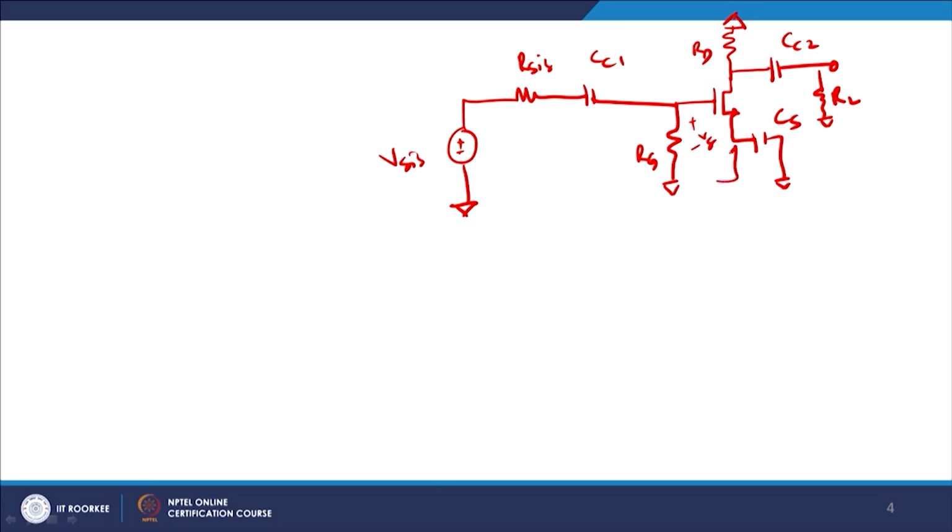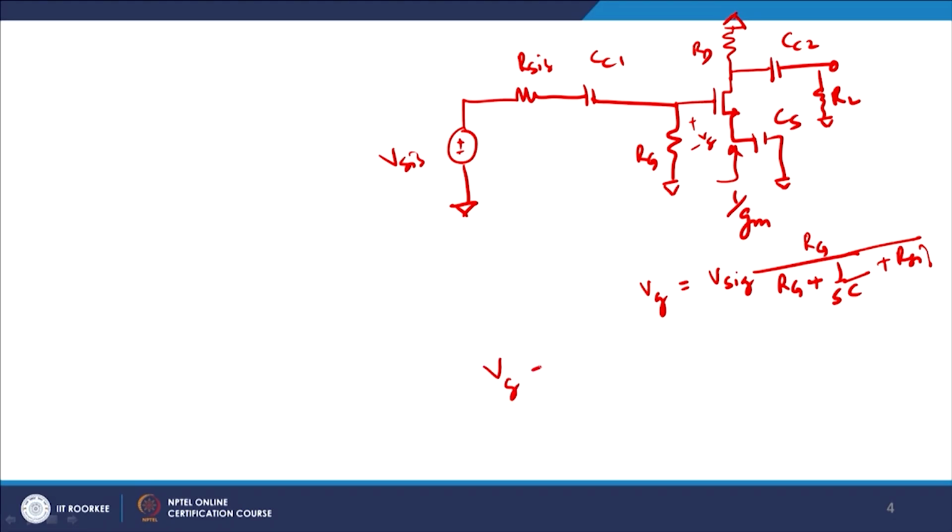So, looking from the source side, the impedance offered is 1 by gm, right. So, keep this in mind as standard methodology. So, I can write down VG to be equal to Vsig into Rg divided by Rg plus Rsig plus 1 by sCC1, right, and therefore I can safely write down Vg to be equal to Vsig into Rg divided by Rg plus Rsig multiplied by s upon s plus 1 by CC1 (Rg plus Rsig),